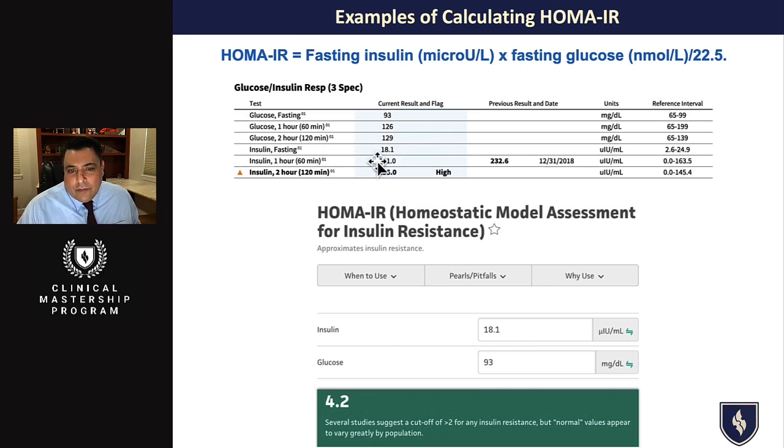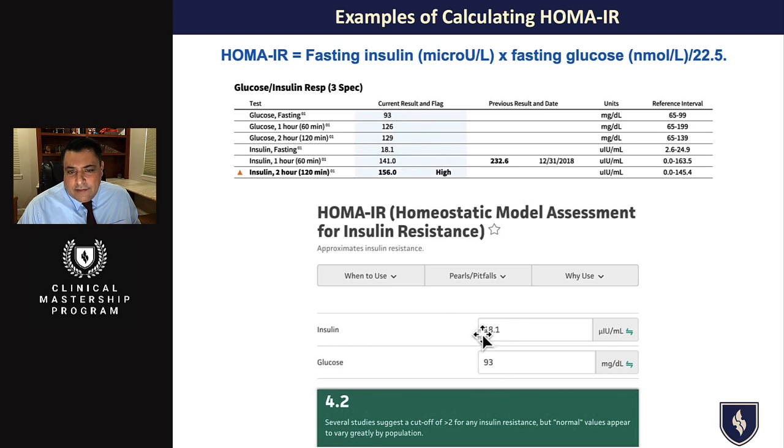Now, the provoked glucose challenge is difficult, so another way to quickly identify if they have insulin resistance patterns is to do this HOMA calculation. And here you can see when we look at their fasting glucose and their fasting insulin, even though they were in the normal reference range,